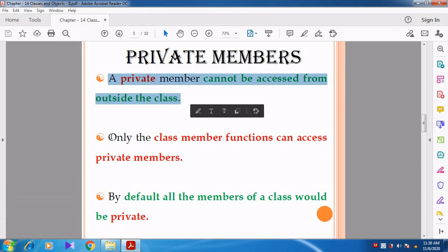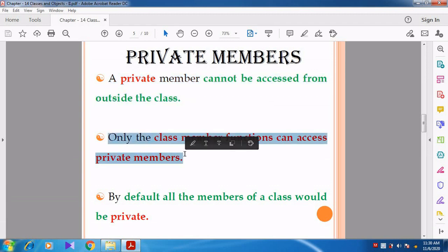Only the class member functions can access the private members. So you can access them only within the class. Whatever data members, that is variables, and member functions, that is functions, are declared under the private access specifier can be accessed within the class.